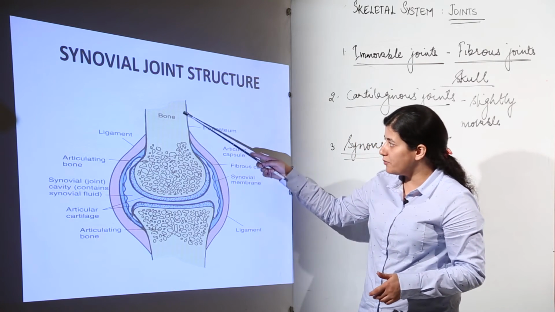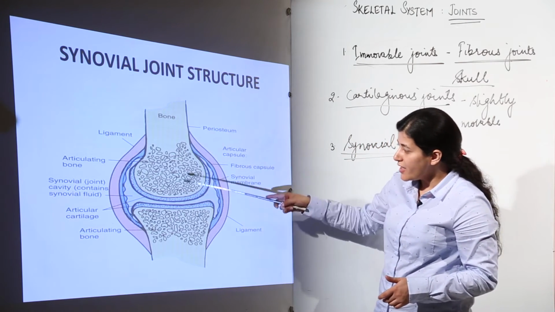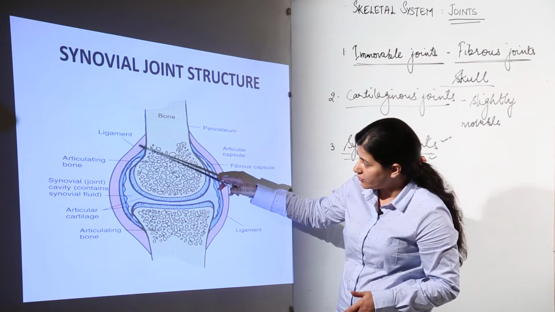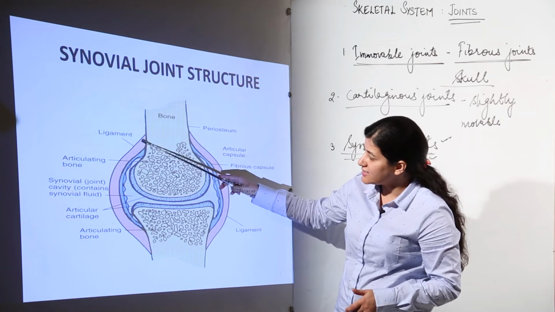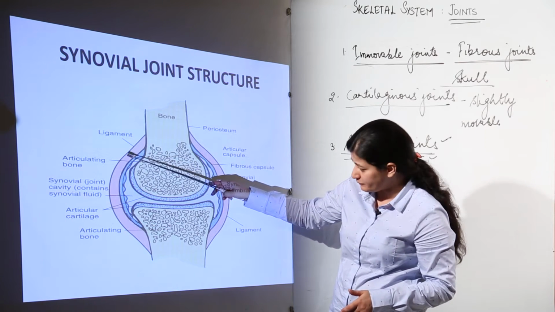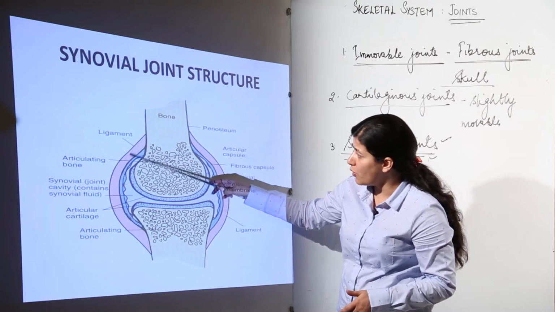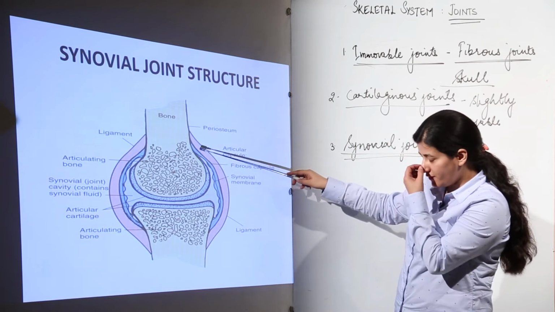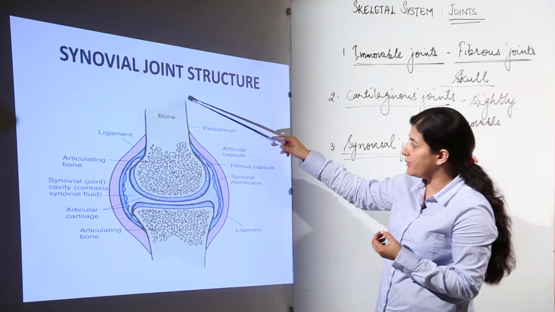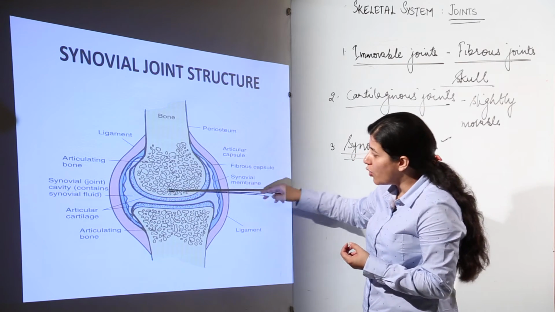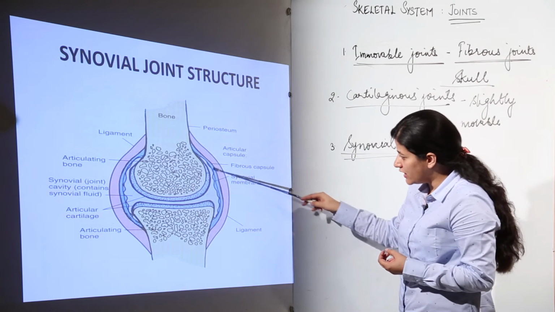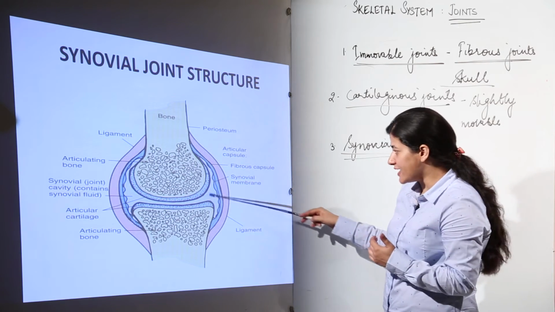So this is a bone, two bones are present. First thing that you have to see is that there is a joining of bone to bone by connective tissue, that is ligament. This is the ligament, and this is periosteum, that is the lining of the bone. When we study the structure of bone, over there we see periosteum, inside there is bone content. There is a fibrous capsule around the ligament, inner towards the synovial cavity.